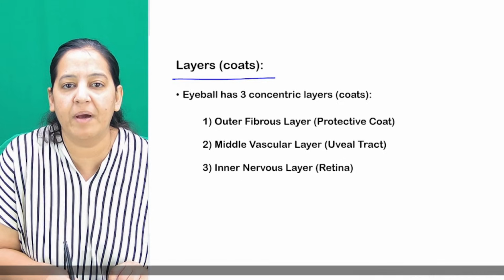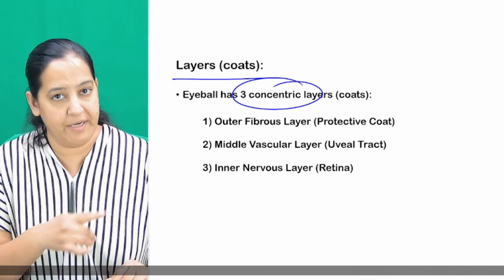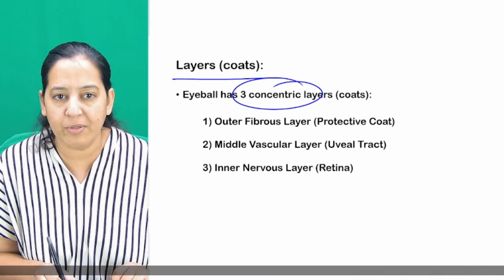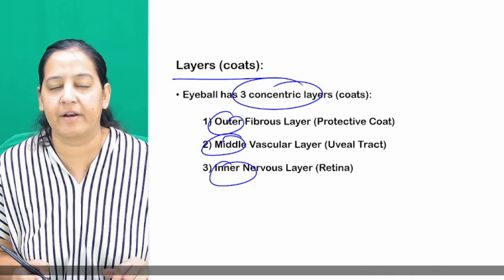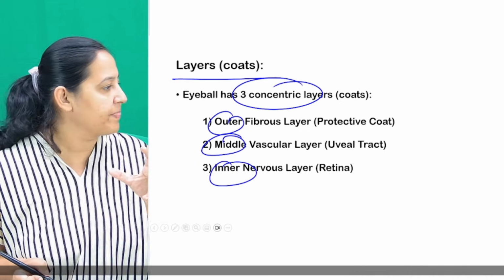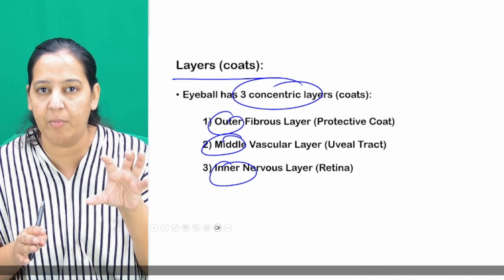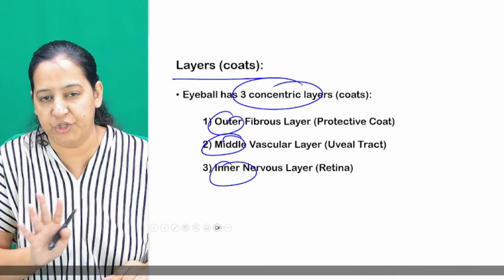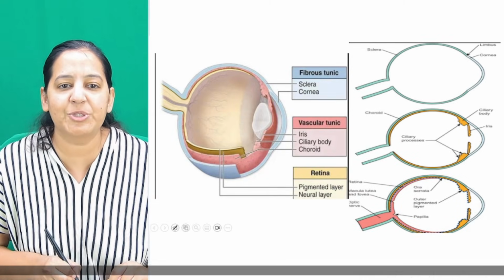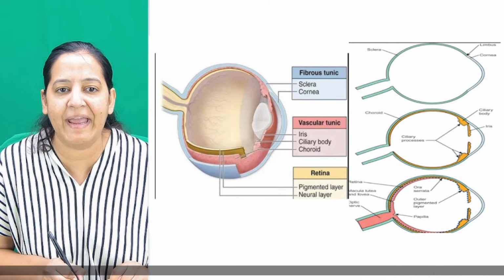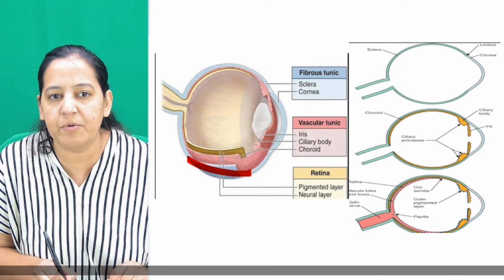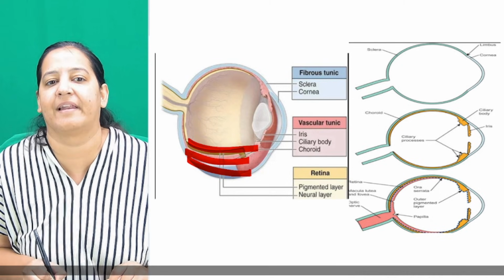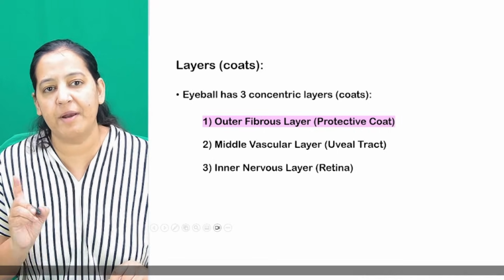Okay, we divide the human eye into three layers. I will show you in the model also. Outermost layer, middle layer, and inner layer. So the human eye is like a spherical ball. I will show you. So one by one, you can see the three layers over here. If we are looking at the human eye, you can see this is outermost layer, this is middle layer, this is inner layer. You can appreciate the three layers. So one by one we will take.